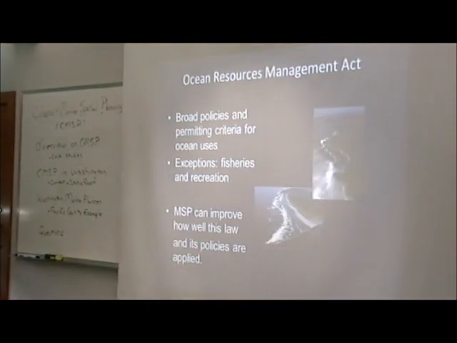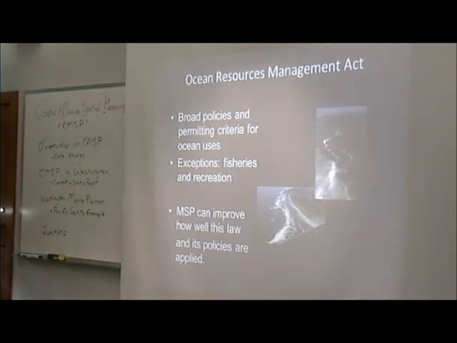Just one other, well, two other state level pieces that I wanted to mention that provide sort of a policy backing. We have an Ocean Resources Management Act, very little known act, that sets out some broad policies and permitting criteria for ocean uses. And the exceptions are that it's not meant to manage fisheries or recreational uses. So that was set forth. But the idea was at the time it was passed was when oil and gas was being proposed off of our coast. And so they were seeing new uses and wanted to provide a framework for some broad policies for ocean uses. Unfortunately,